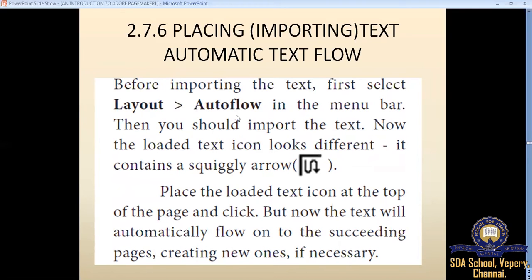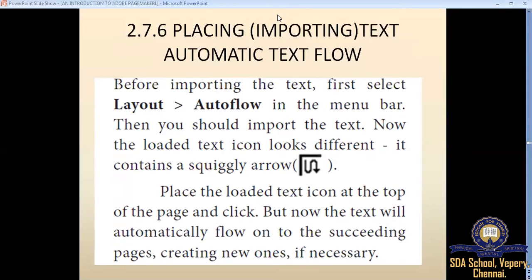But remember, when you do automatic text flow, you have to make sure you have chosen the option Auto Flow from the Layout menu. When you choose Auto Flow from the Layout menu, the loaded text icon looks different. It looks like a swirling arrow, right?